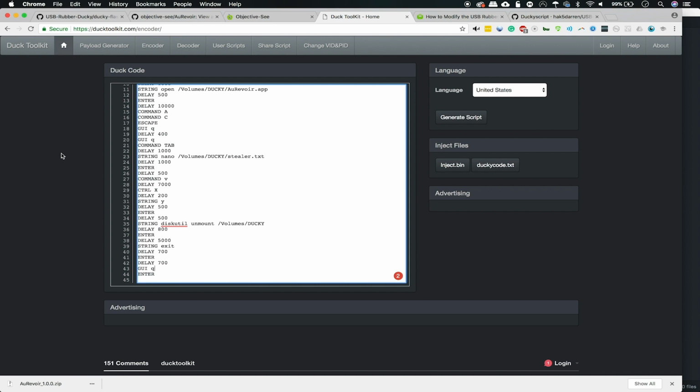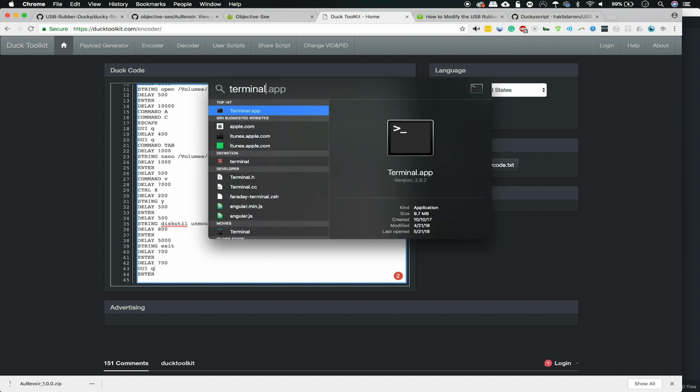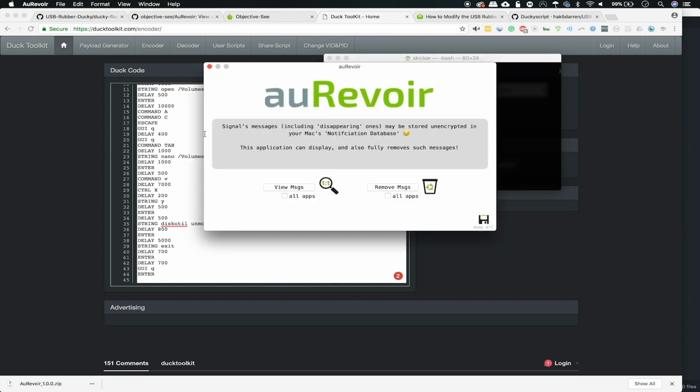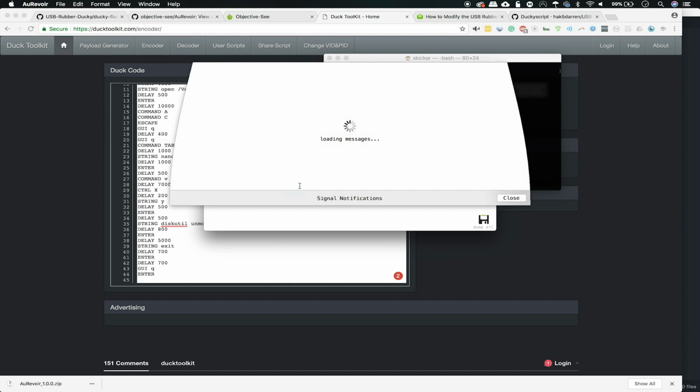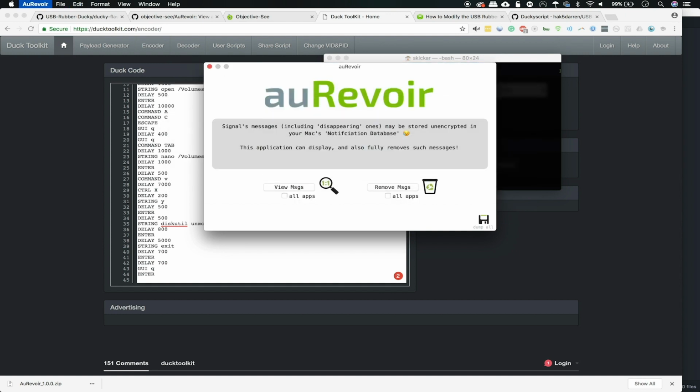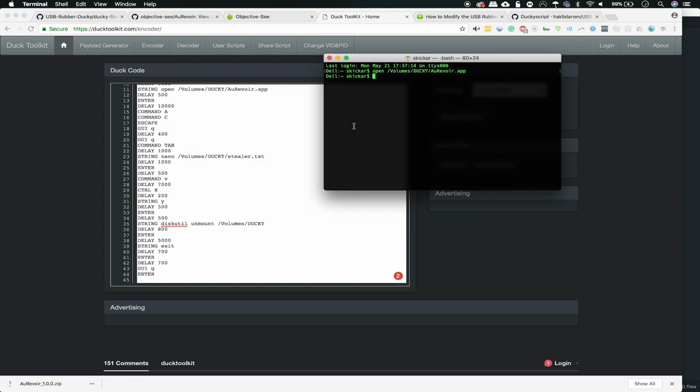Now, it's important to also see that the USB Rubber Ducky is just an output device. It's not able to sense what's happening on the screen. So all of this is done with the understanding that a single pop-up window can derail this whole process. So we've opened the app, and then I just click on View Messages, and the script will take it from here. It'll copy everything and clean up all the windows we have open on the screen while exfiltrating the data back to our USB Rubber Ducky so we can make off with it without needing to rely on a network connection or some other tricky way like email of exfiltrating this data.